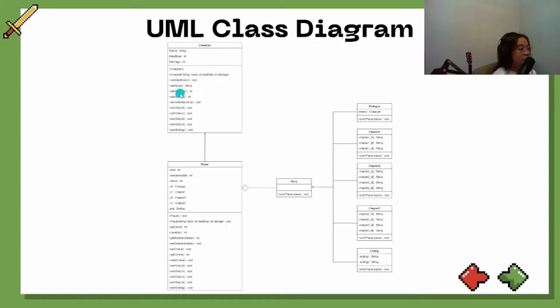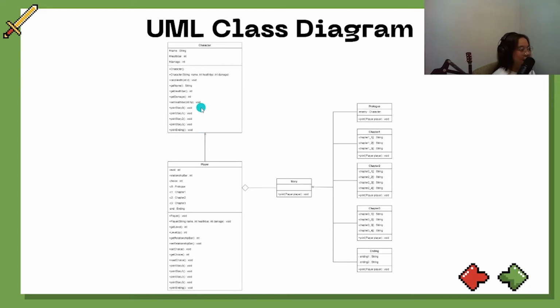The class character has 3 protected attributes, which are name, health bar, and damage, and two constructors with the same name, which is character, where one is an empty constructor while the other one has parameters. There are 10 methods, which are calc health, get name, get health bar, get damage, set health bar, print story 0, print story 1, print story 2, print story 3,